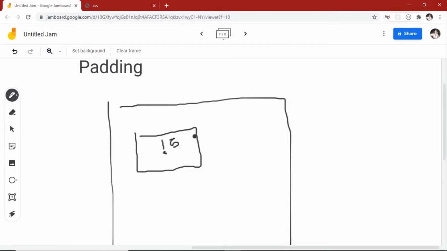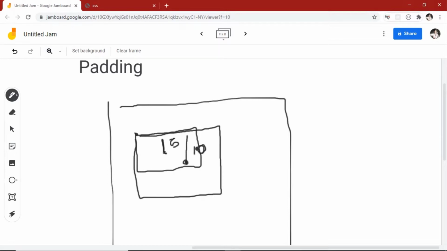Right here you can see that the 5 is this much. And you give a padding of 10. What will happen is it will just get bigger, but the point will stay here only. It will go this way and get bigger. So the new position will have a padding of 10 on the top.